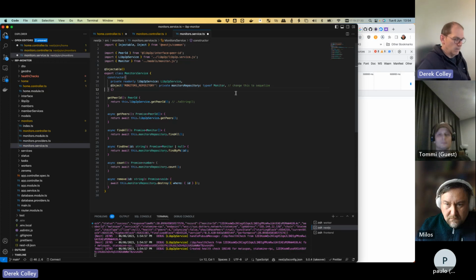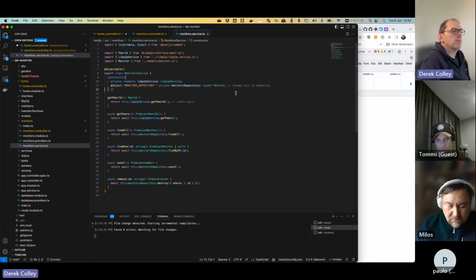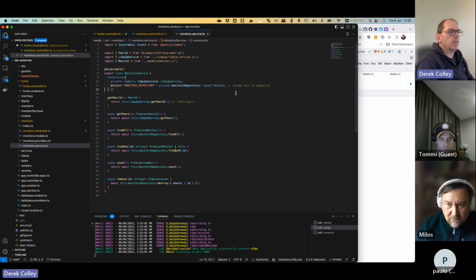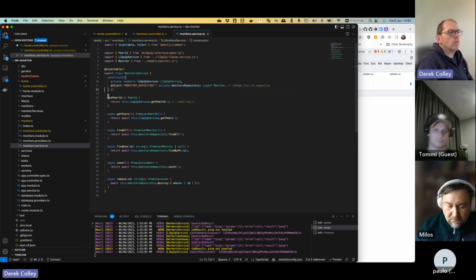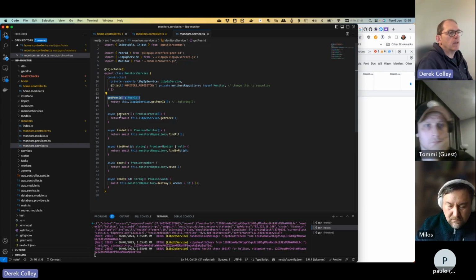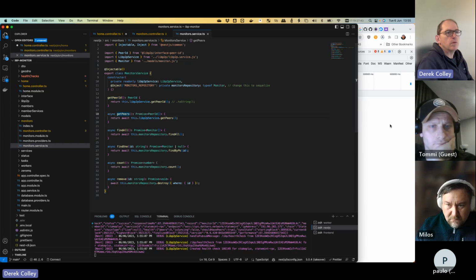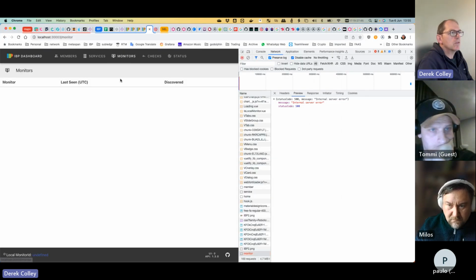Some to-dos. Anyway, it doesn't matter too much. I'll clean it up before I check it in. So get peer ID, get peers, that's to see who we're connected to. So if you look at monitors,